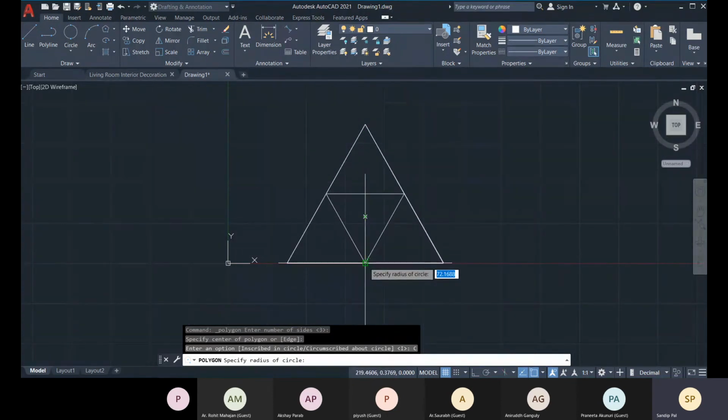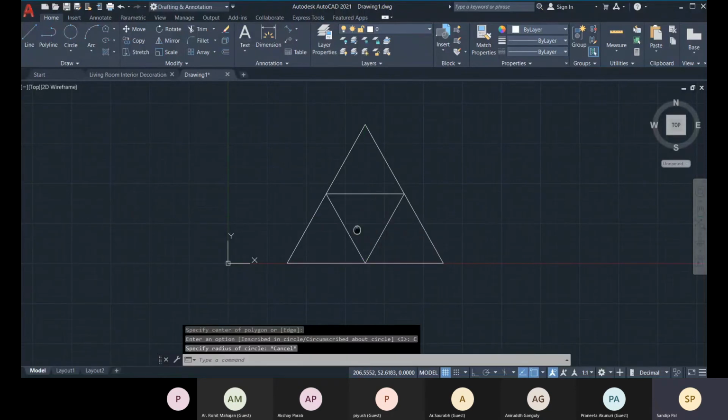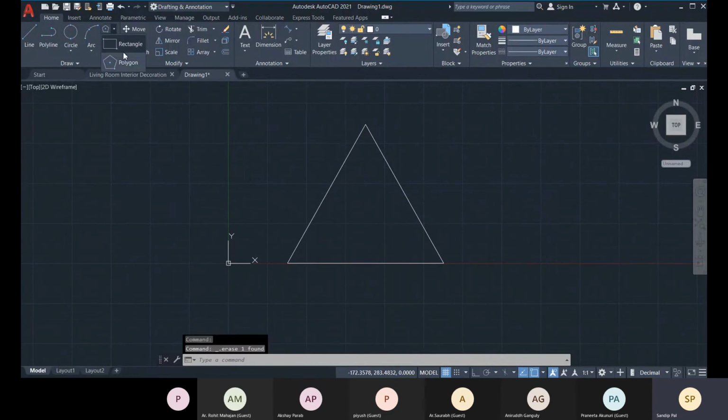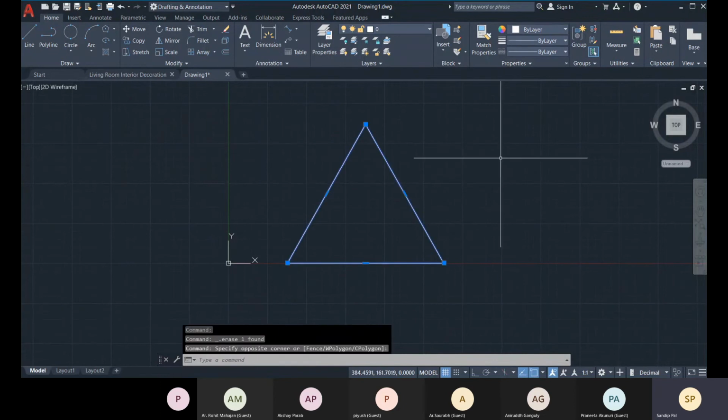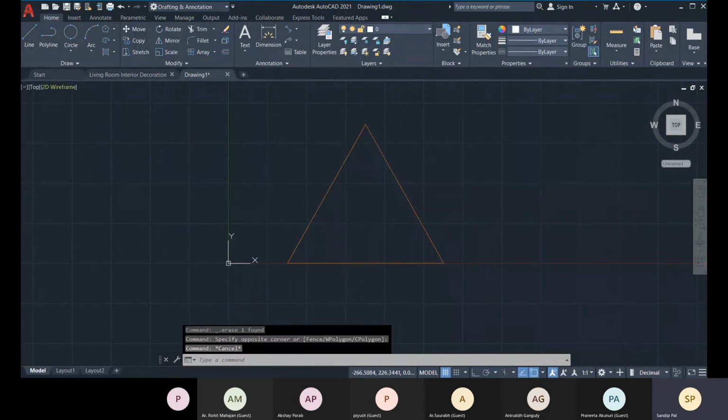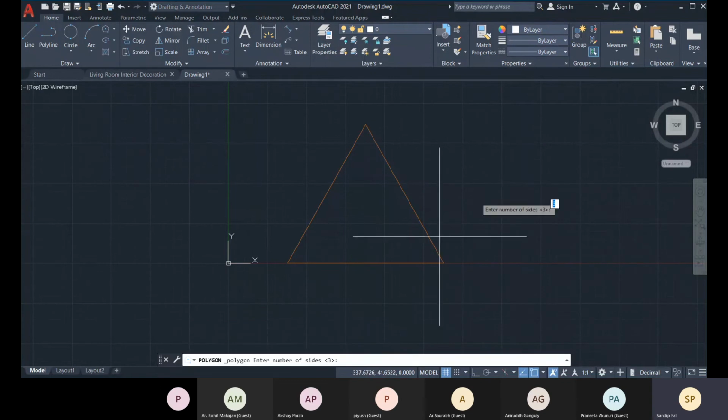The same point I am going to define as the radius. Let me show you again, and for this one I will change the color so that you can easily distinguish.